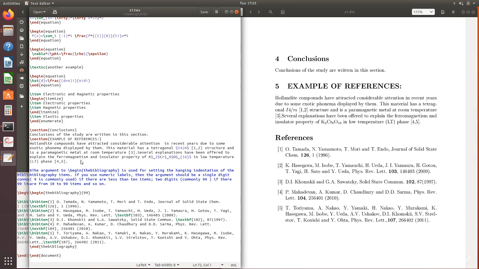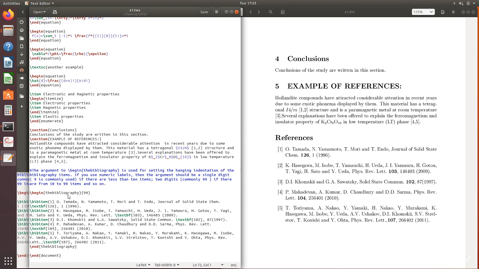Now I have to report from where I have taken this information, and to do this I have to write a reference at the bottom of my document, using the command \begin{thebibliography}. That means it will produce the bibliography. The articles or reports from where you have taken this type of information should be cited, and their sources should be written.